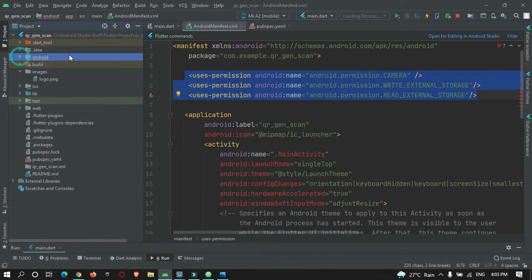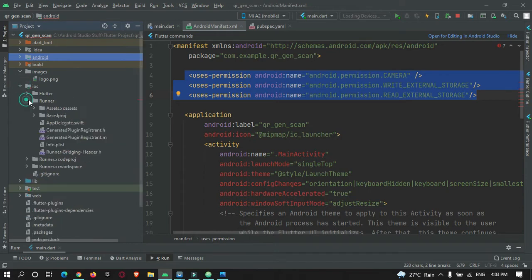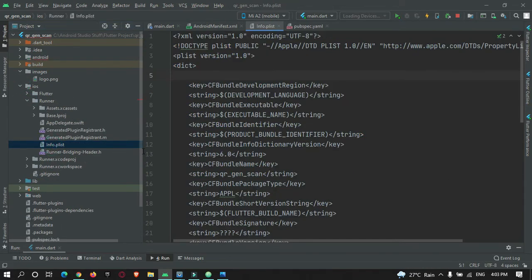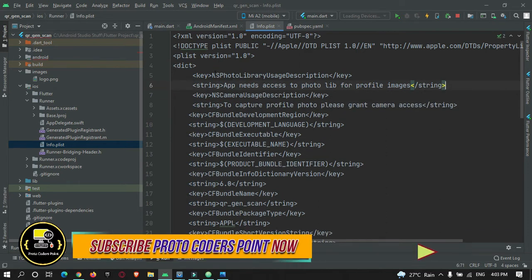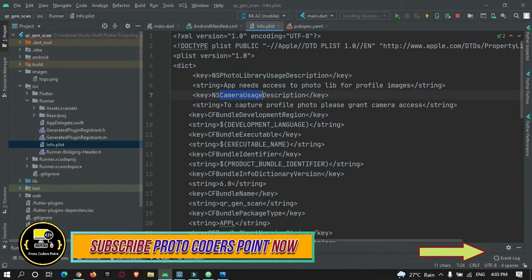Now in the iOS folder, under Runner, Info.plist, you need to add two permissions. One is the storage permission and the second one is the camera permission. You can see the library permission is there and a camera usage permission is there.